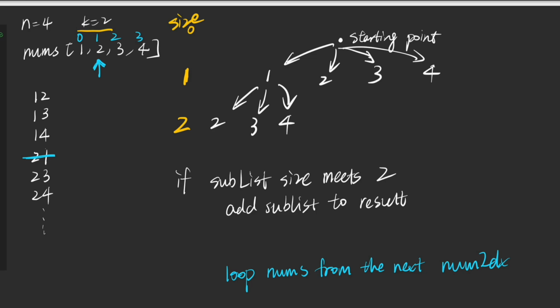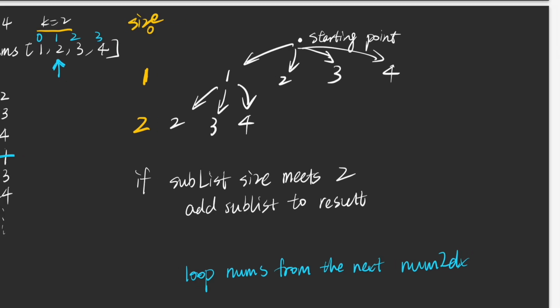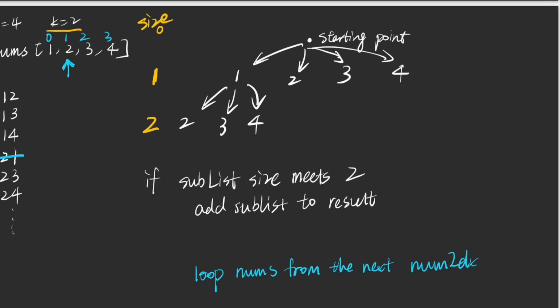So it means we will have a parameter like the current index, right? For the next numbers index, we will just add 1 starting from that one. So we will loop the numbers from the next number index